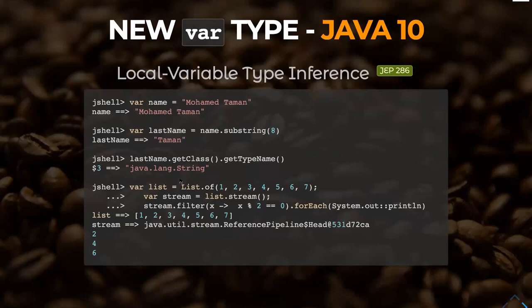from the right-hand side. If I have a list and say var, and I do some streaming on it, it will work, and it will tell me that everything is fine, because whatever it is, it's just syntactic sugar in the source code, and whenever you compile it, it will infer the original type. It's still static.